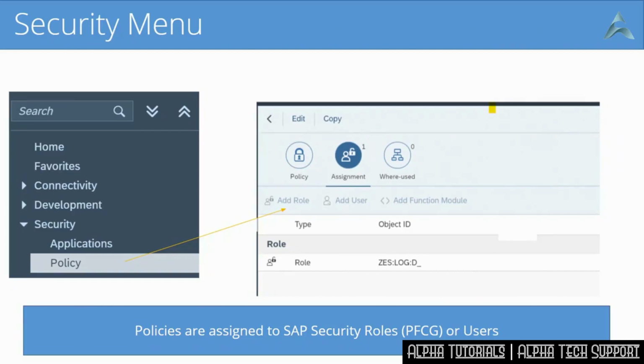Okay. There are other ways, though. It doesn't just have to be a PFCG role. That is the most common way. You can actually add a user ID directly to a policy. So, whatever your user ID is in the SAP system, you can come in here and, instead of saying add role, you can say add user, right? And I can key in somebody's user ID,